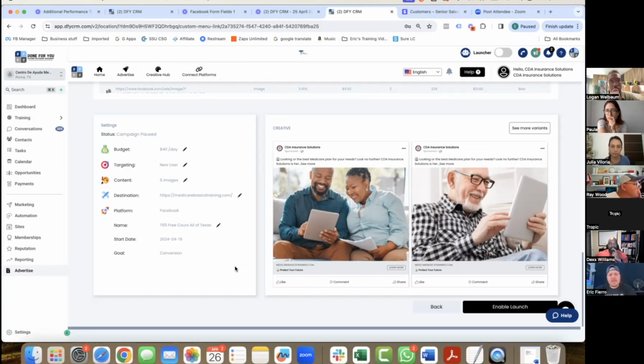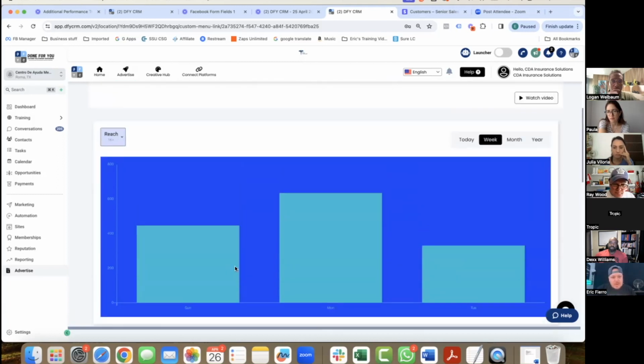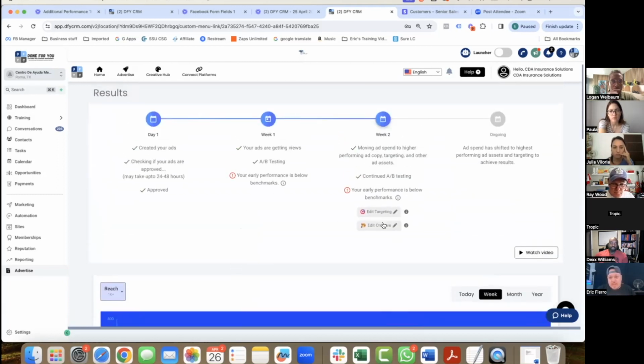In the future, obviously I've got to tweak something. When I used to run ads from the Facebook Ads Manager, I was always trained that I shouldn't edit copy or images once the ad is running, that I should make a duplicate and then make the changes. On here, you have that option: up at the top it says edit targeting, edit creative. Should I not do that, or have things changed so I could edit on the fly and it'll start pulling better? I think by week 2, it's fine to make those edits. You definitely don't want to do it in the first 7 days, but by week 2, this campaign could be doing better if you make some of these changes.